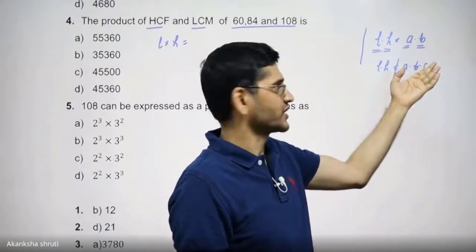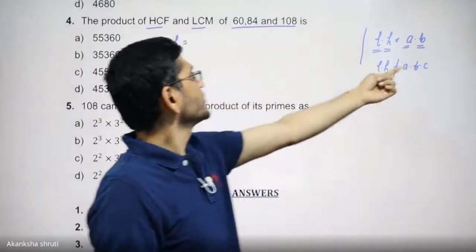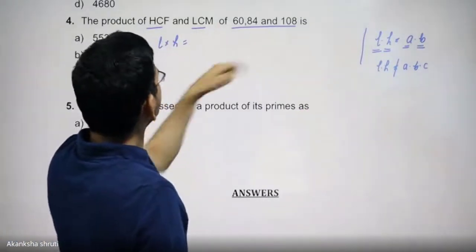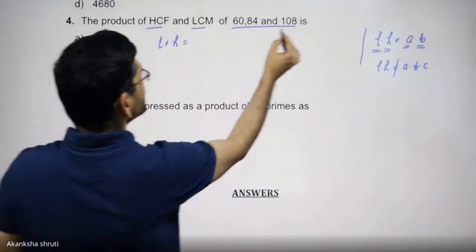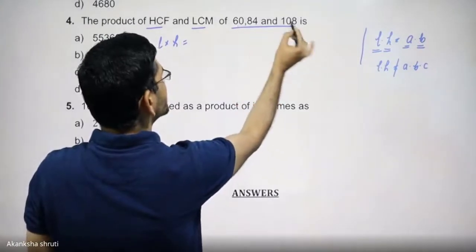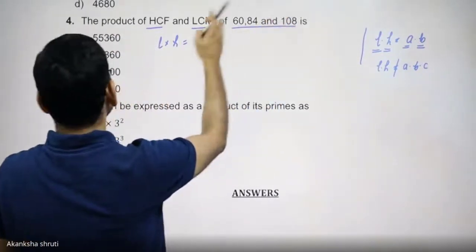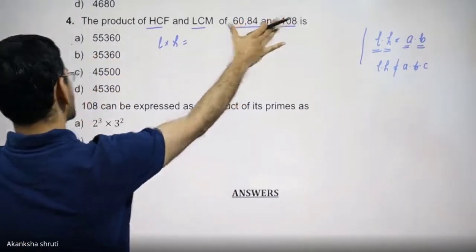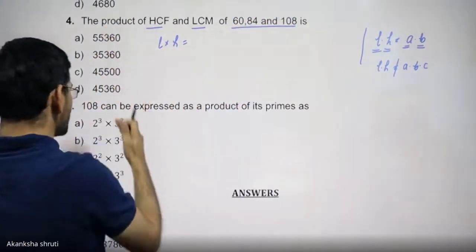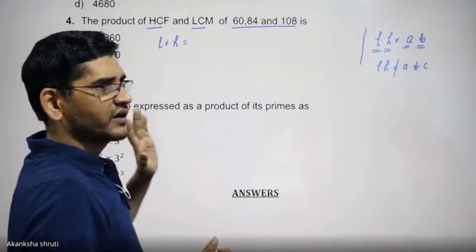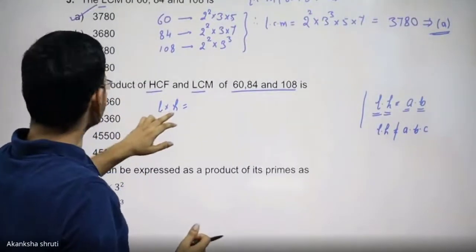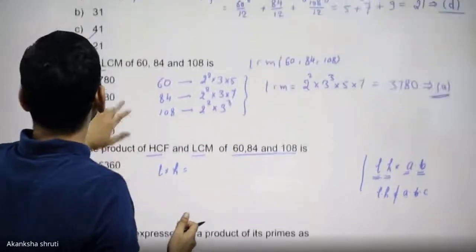And students, so here this product of LCM and HCF of these three cannot be obtained by taking the product of these three numbers. Most of the time, students commit that mistake, that they take the product of these three numbers and it will surely match in any one of these options. Okay. So here, for the product of LCM and HCF, we have to go above.